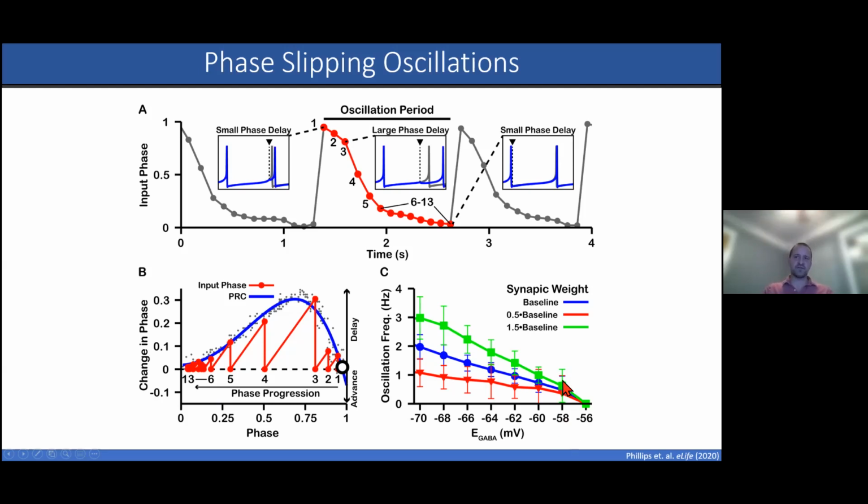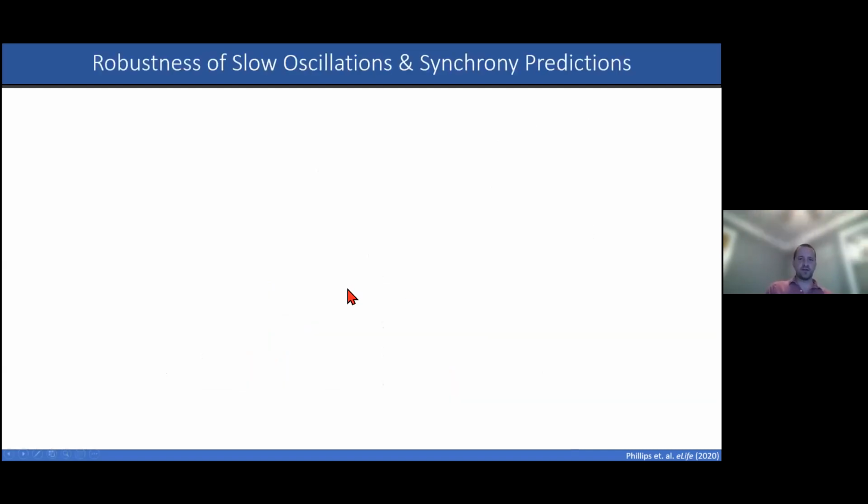So at roughly -58, you start out with oscillations at roughly 1 hertz. And if you hyperpolarize E-GABA, you can get up to roughly 3 hertz for these types of oscillations. All right, so these oscillations shown here occur in 2 identical neurons, which isn't necessarily a very realistic case. So we did check to make sure that these types of things can happen in a wide array of